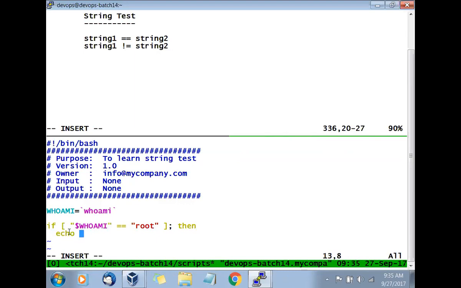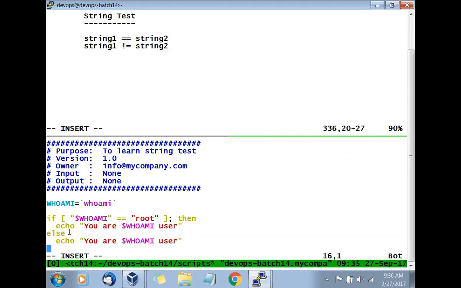And say echo. If it's true, then what does it say? Yes. Or we can say you are running, or you are dollar whoami user. If it is root, what will it say? You are root user. And if I say else, if I say echo, you are dollar whoami user.